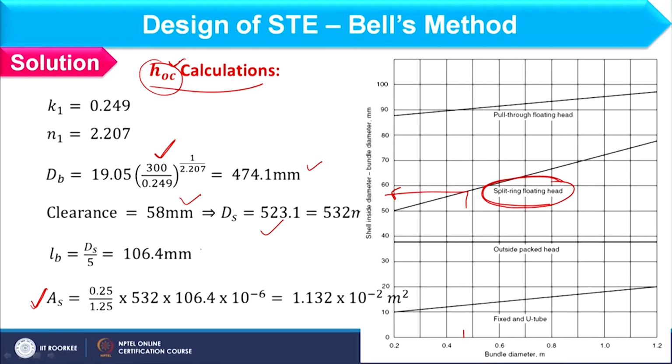And further, if you have the shell diameter, baffle spacing is given as Ds by 5. So, you can consider baffle spacing like this, and then you can find out the cross flow area, that is AS, which comes out as 0.01132 meter square, right. So, in this way you can calculate the cross flow area, and now you should find out velocity, Reynolds number, JH factor and heat transfer coefficient, that